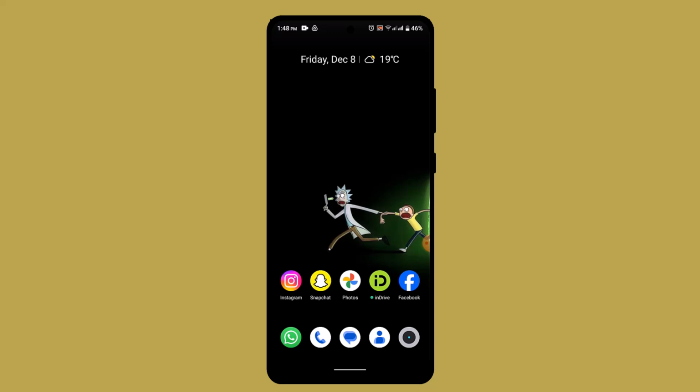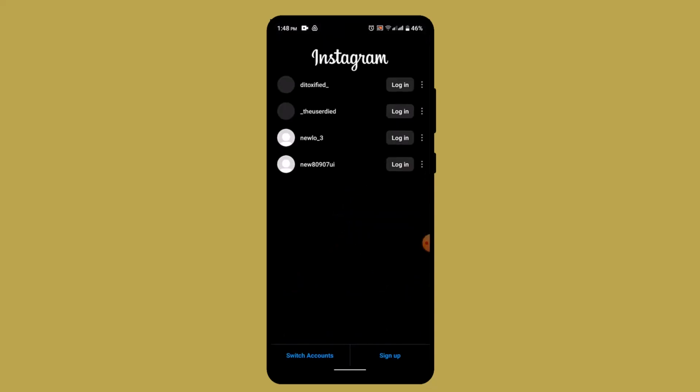Now to begin with, go ahead and install or update your application. Once the application is completely updated or opened, click the open button and then you'll be taken to the interface something as sign up or create account. In my case, I have a multiple account, so you can see right on top these are all the saved